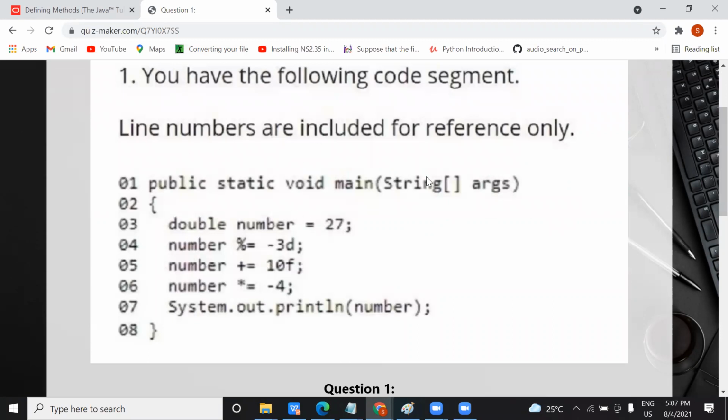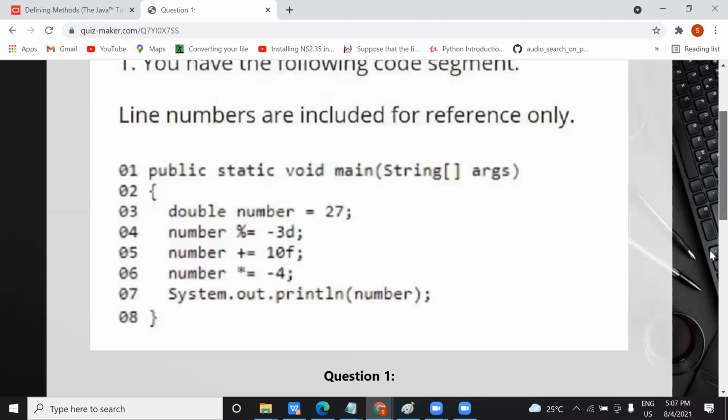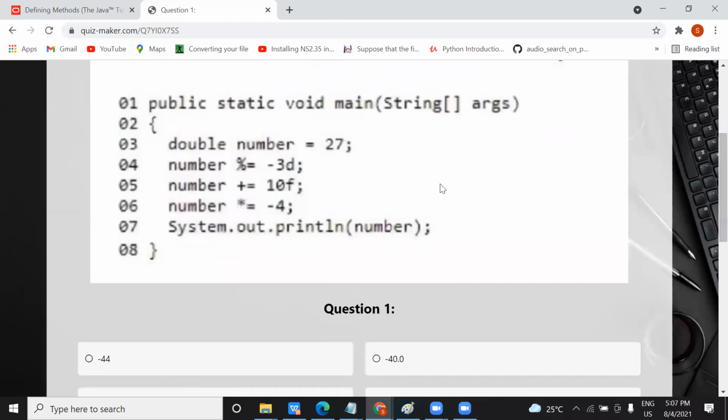Here you can scroll down and see that only line 7 has something you want to print. Based on that, they will do some mathematical operation here, and you have to work it out.